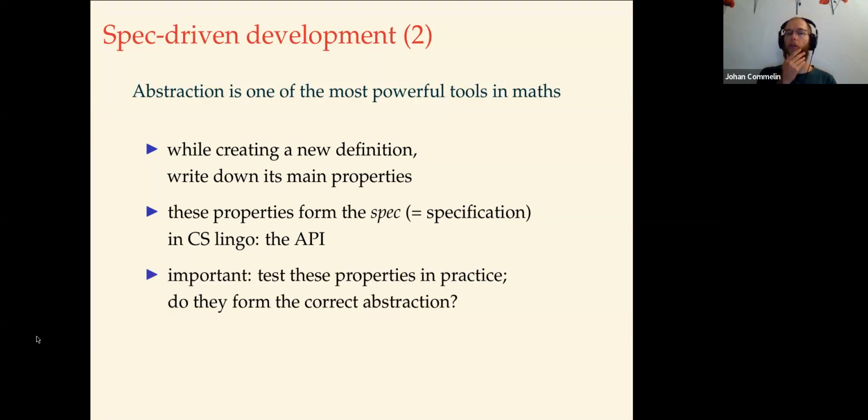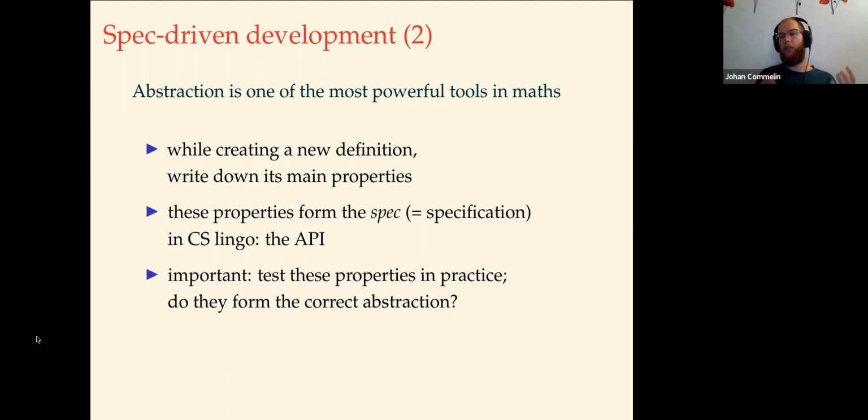And it's really important that you test these properties in practice. Like, do they actually form the correct abstraction? I mean, you're making this definition with a certain purpose. You want to prove a certain theorem. And for that, you need certain mathematical objects. Okay, so you create a definition. And so it's important to work in two directions. You need